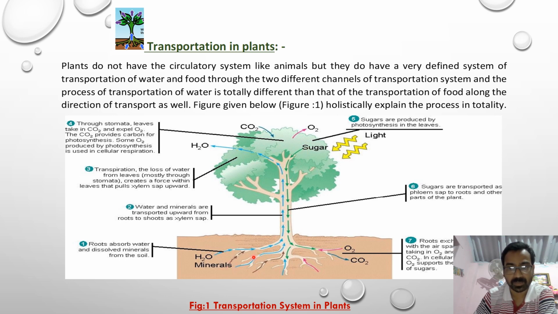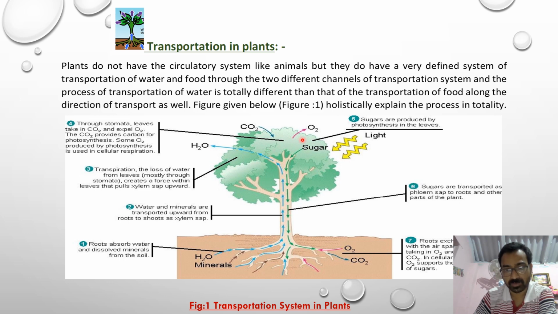The xylem channel helps in the conduction of water from soil to the top of the plant, whereas the conduction of food, that is from the leaf of the plant to the other parts of the plant, takes place by means of the phloem element. Not only water and food are transported by them; particularly the phloem helps in the transport of hormones, phytohormones, whereas minerals are transported by xylem elements.